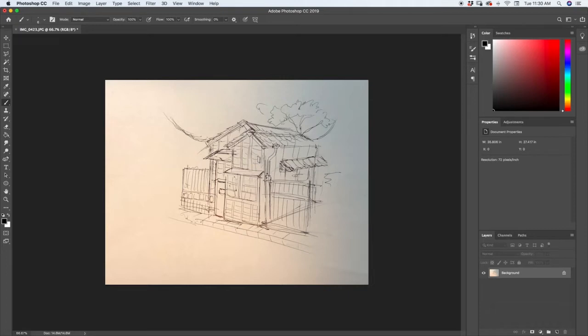And I used the same techniques that I taught you in this last lecture about blocking in and roughing in perspective. So this perspective by no means is perfect. In fact, as we start drawing the actual perspective drawing on top of this, we're going to start to see how off this perspective is. But that's okay. It's mostly just to block out our composition, make sure that everything is the right size and looks the way we want it to,